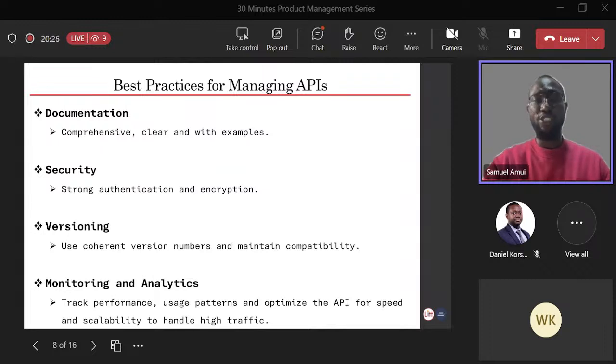And one is what? Documentation. Your documentation has to be very comprehensive. It has to be clear, and you also have to add examples. Let's say for the Google API, if I want to get access to their Maps API or location, Google will provide me documentation with an example of someone who has gotten access to that particular API, used it, and how the person went about it.